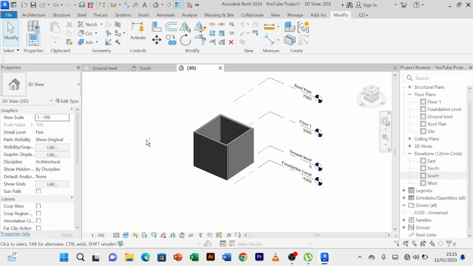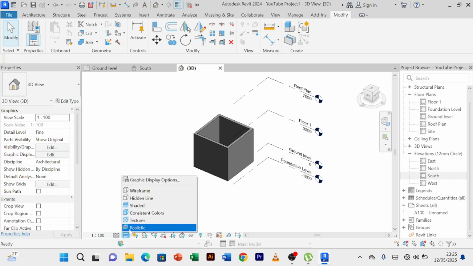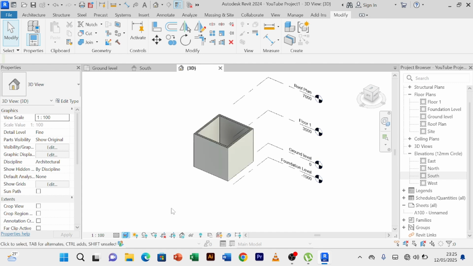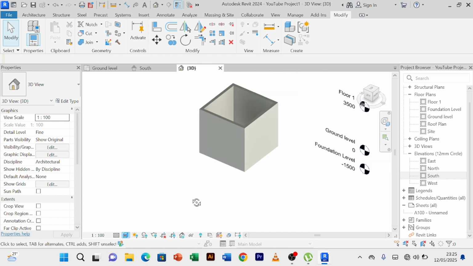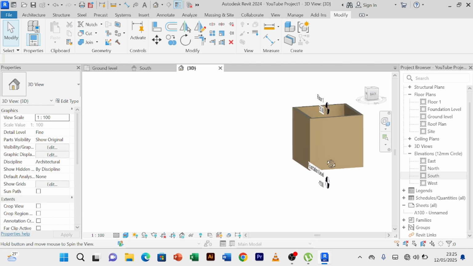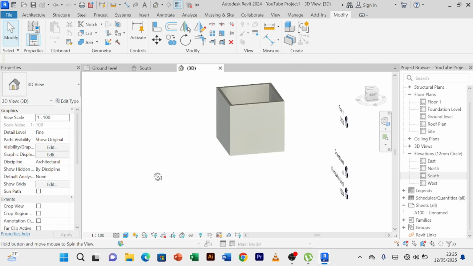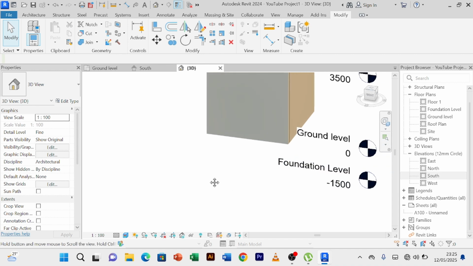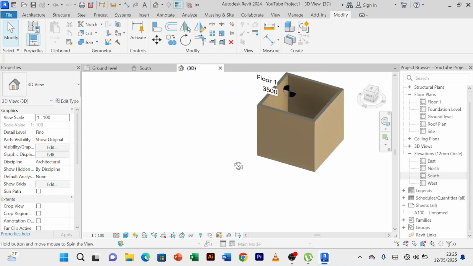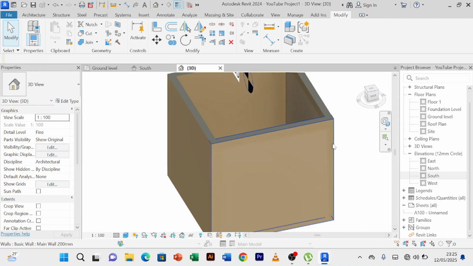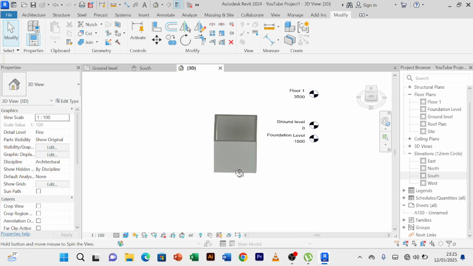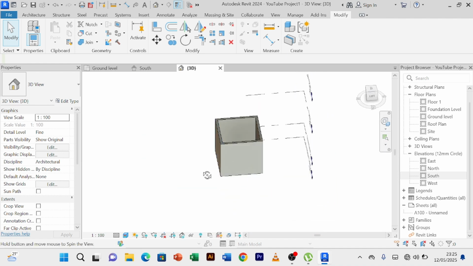When we come to this tab that shows visual style, you click on it, you click on realistic, you'll be able to see the color of your wall. So this is the color we gave our wall. See that? Yeah, this is the color. Now the reason why some are showing different color, like this one is white, this one is a bit yellowish, these are the same colors we created. However,